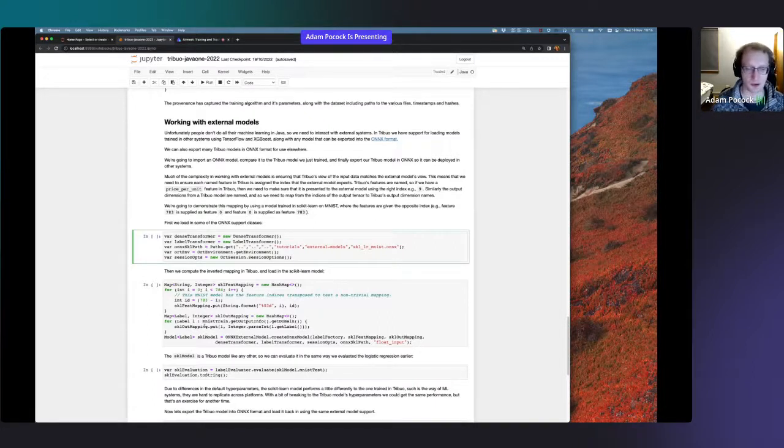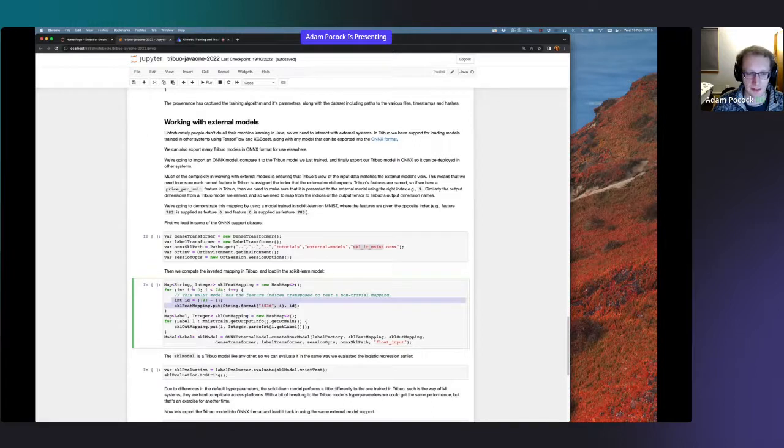But that would be a very boring mapping, and it wouldn't test out the functionality, which is what we're trying to do. So we basically inverted this. Feature 0 in the model that we're loading in is the feature that Tribuo knows as 783 because it's the last feature. So we just have to do that transformation.